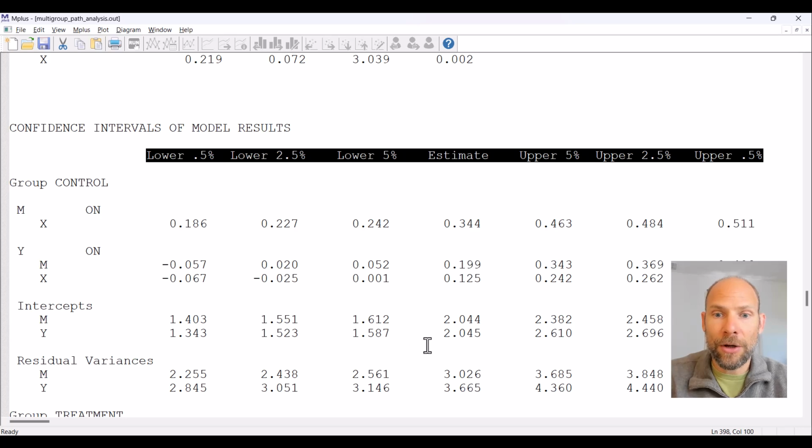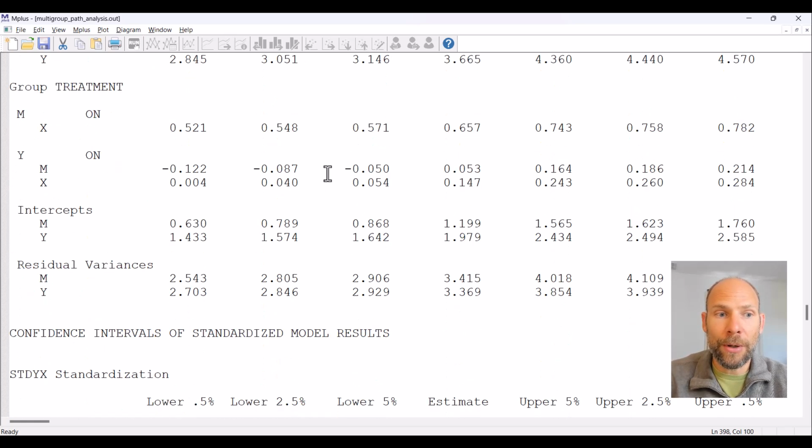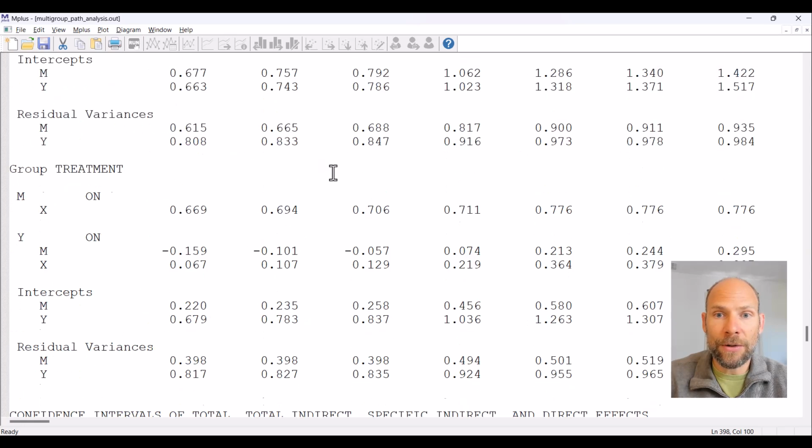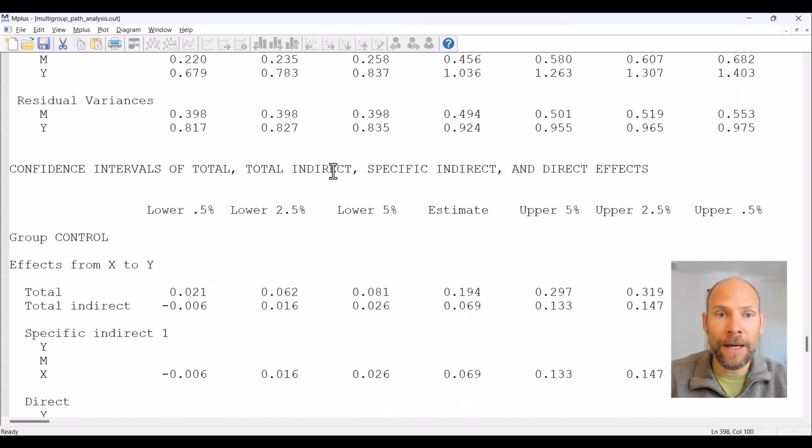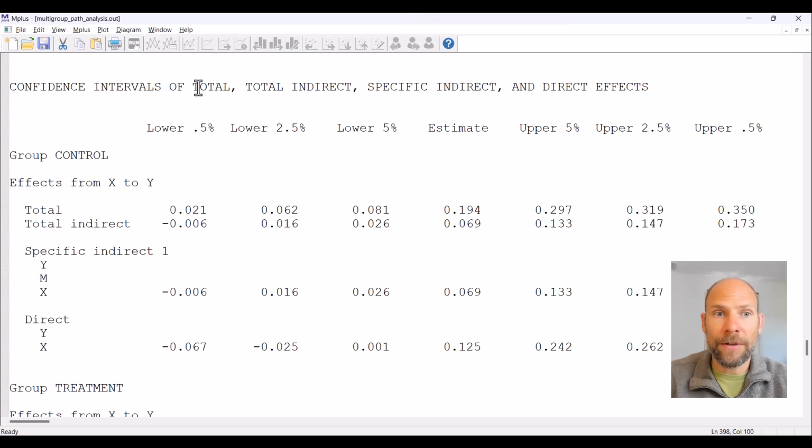Now, this is not so interesting for us here for those point estimates, but it is interesting for the indirect effect, and that's found further below the standardized confidence intervals, where you can see confidence intervals of total indirect, specific